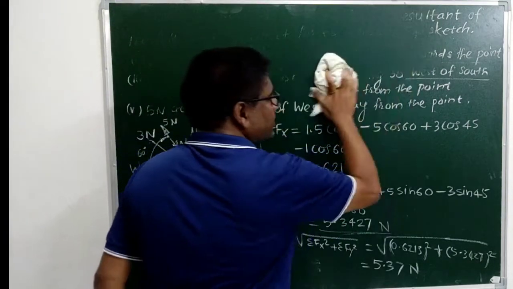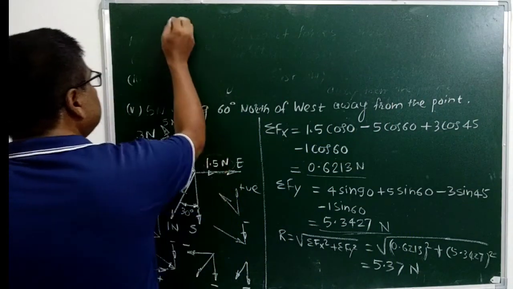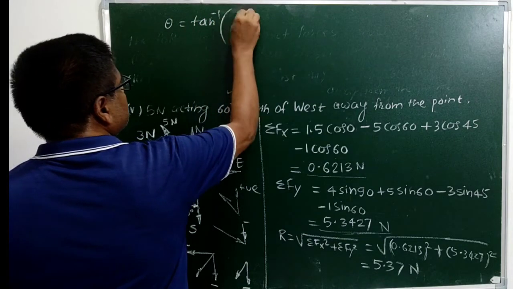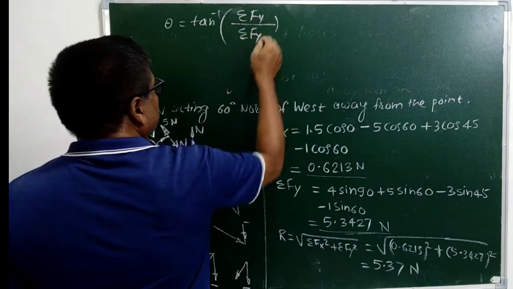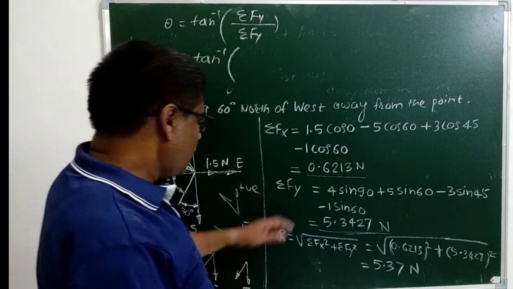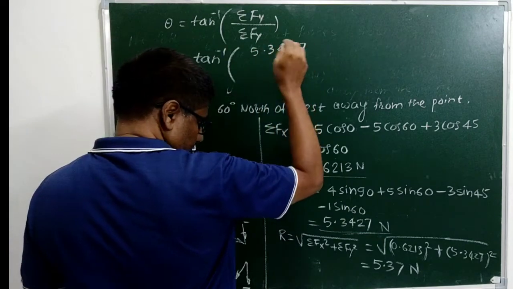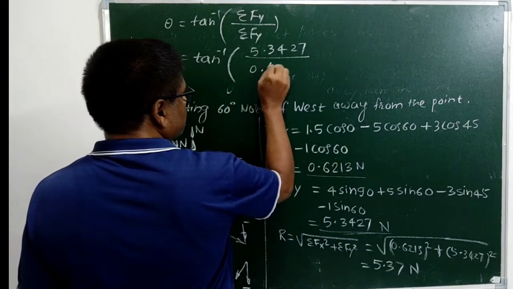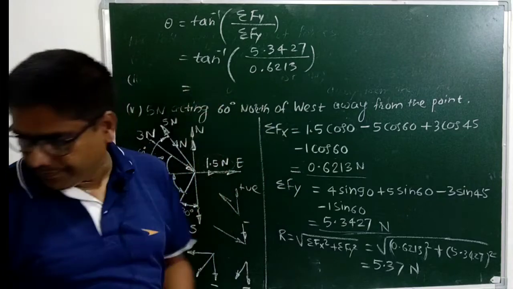Now let's find the direction of the resultant. The direction of the resultant, theta, is equal to tan inverse of sigma Fy by sigma Fx, equal to tan inverse of sigma Fy, which is 5.3427, upon sigma Fx, which is 0.6213, is equal to,